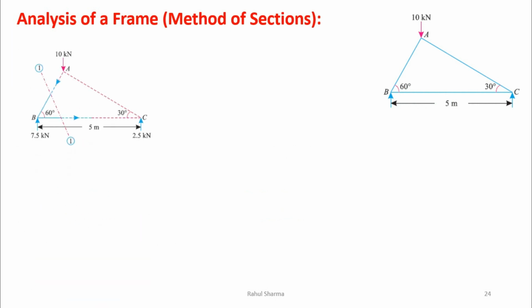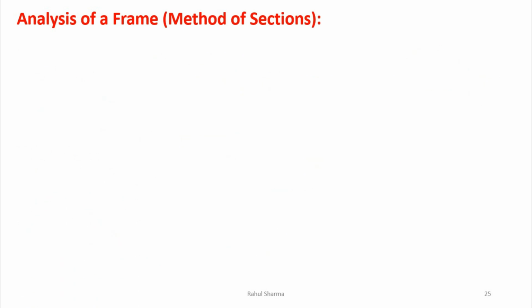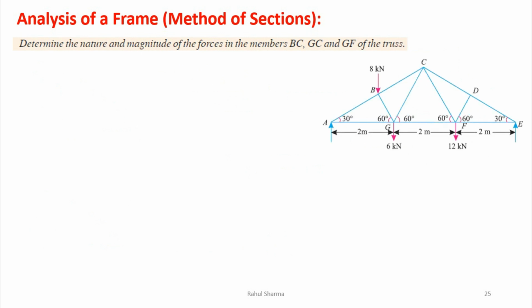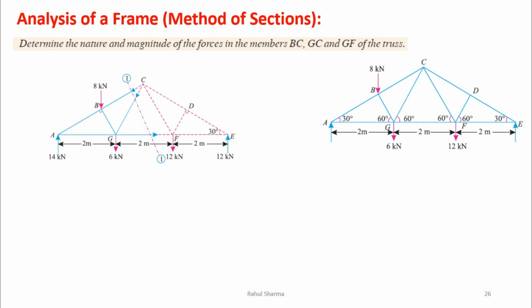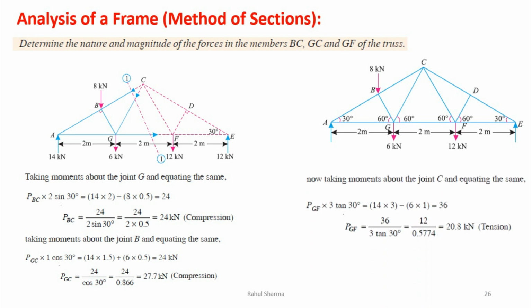Same like this, we have to find the force, or the stress, in members AB and BC. We have taken section 1-1 dash and followed these steps. I have solved this numerical, you can watch it. Similarly in this one we have to find the force in members BC, GC and GF. Again we have assumed a section, and with this section we can ignore this part and consider this part. So we apply the condition of equilibrium on this part only. This is the ignored one. Again I have solved the same numerical in video form, you can watch it for more clarity.